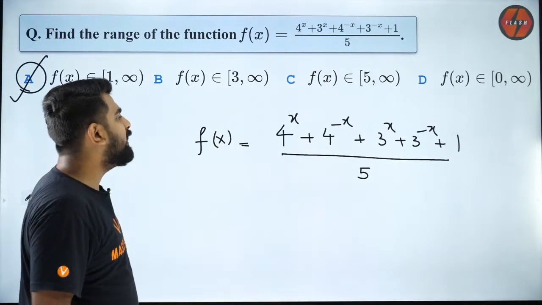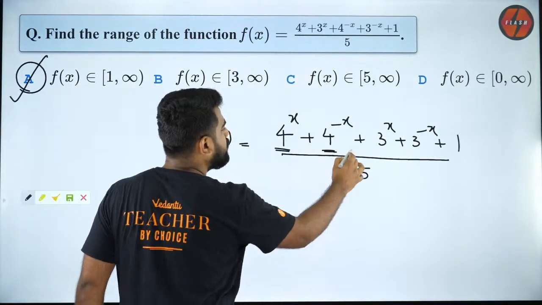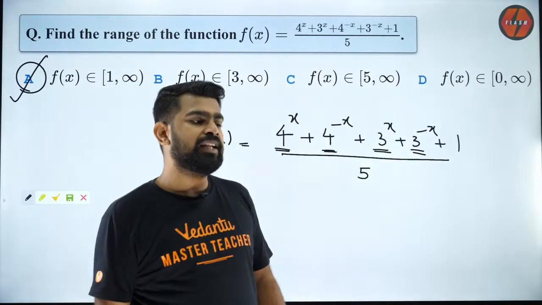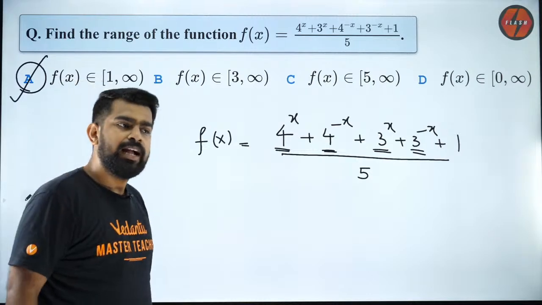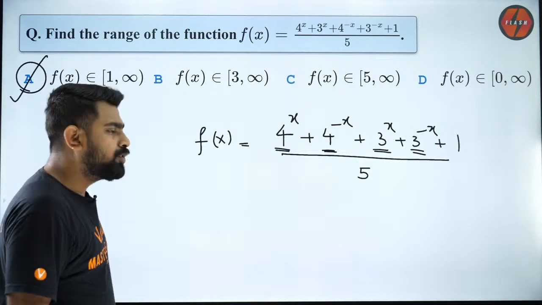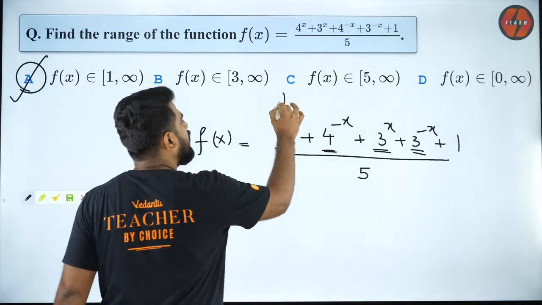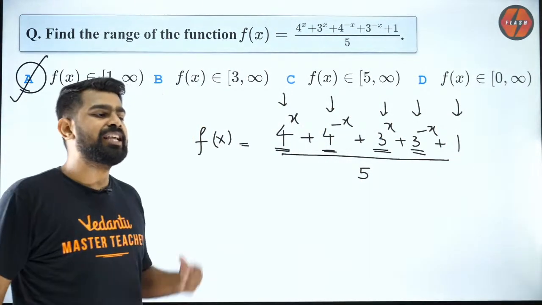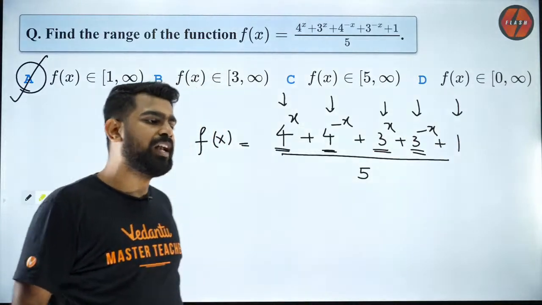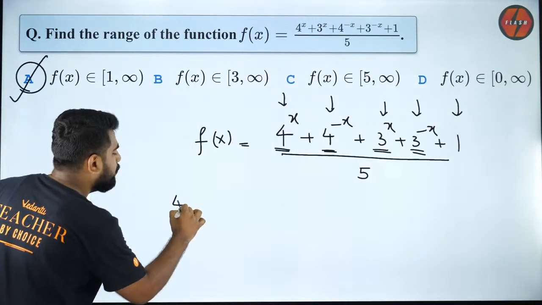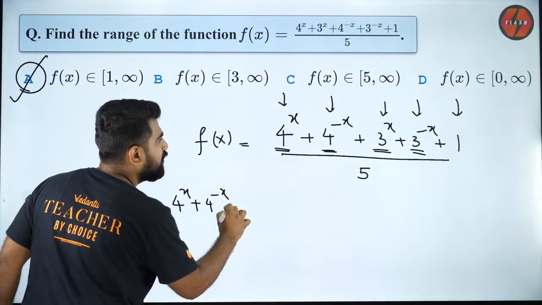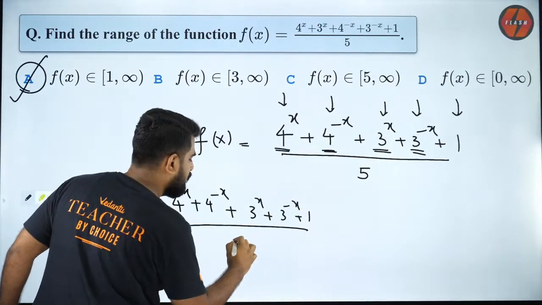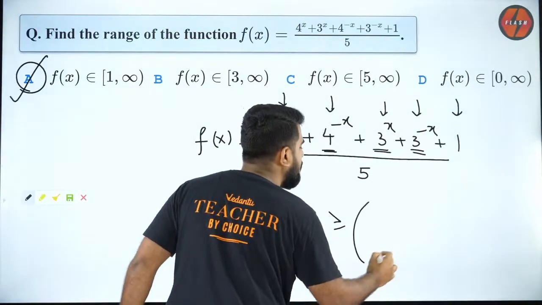Now, do you all agree that exponential functions are always positive? Yeah? Everybody? So, can I say all these terms are positive? When I have all positive terms, can I apply the AM-GM inequality? So, can I say the arithmetic mean of all of them will be greater than or equal to the geometric mean?